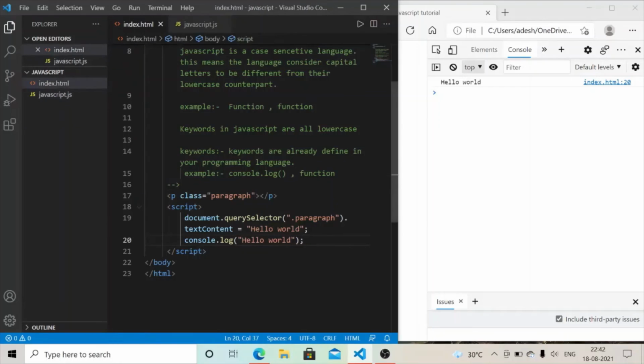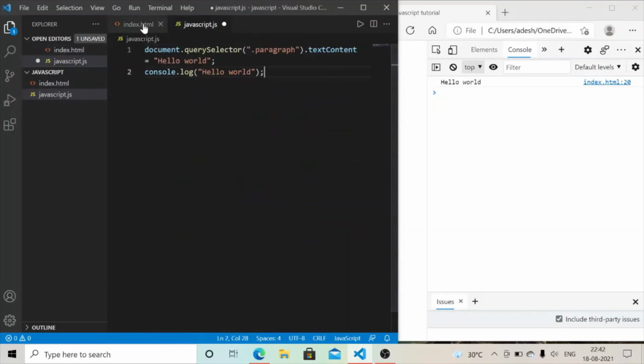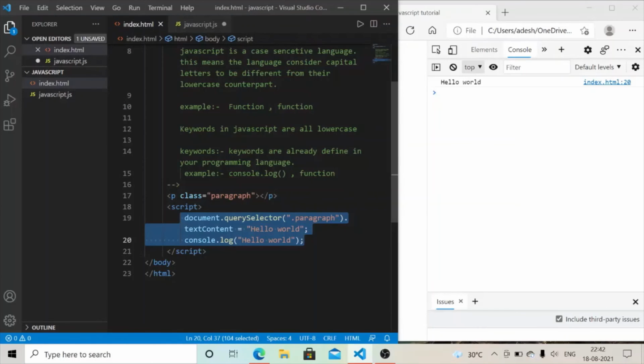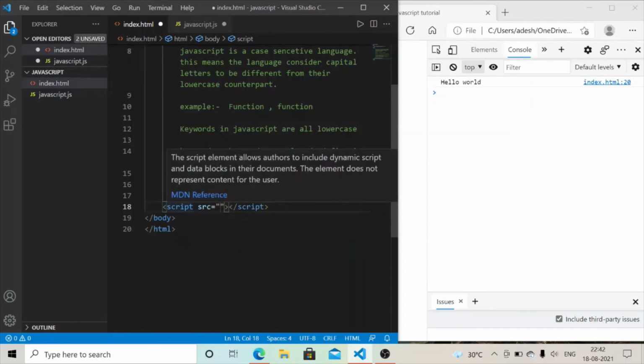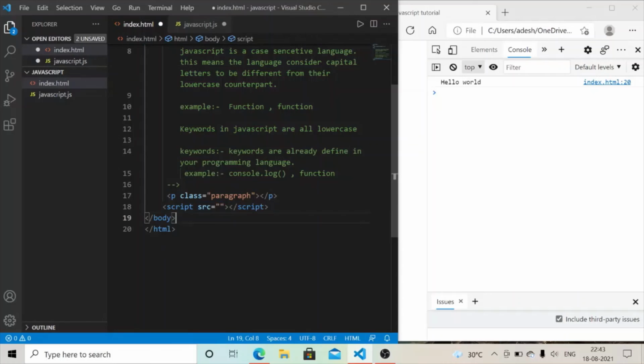And I copy this thing, Ctrl+C, and here I paste and I delete this whole thing from here. And to attach both files, you have to write script and then src. You have to give the source of your file. It means you have to give the location of your file. So I write here javascript.js.